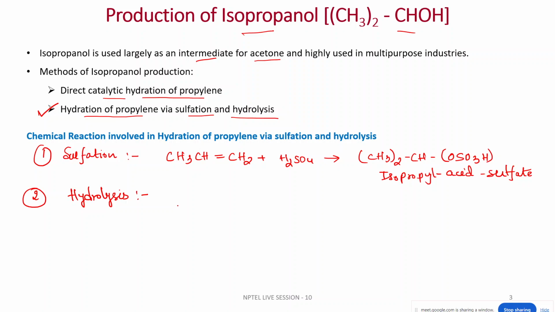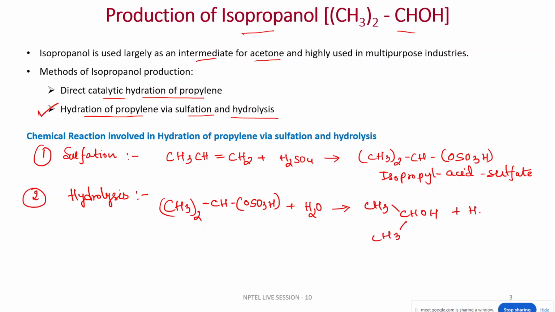In the hydrolysis process, this isopropyl acid sulfate reacts with water and is hydrolyzed to some intermediate compound, and reproduces H2SO4. And in the last step, there is ether formation,